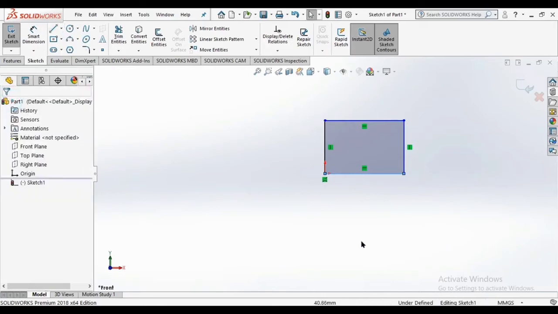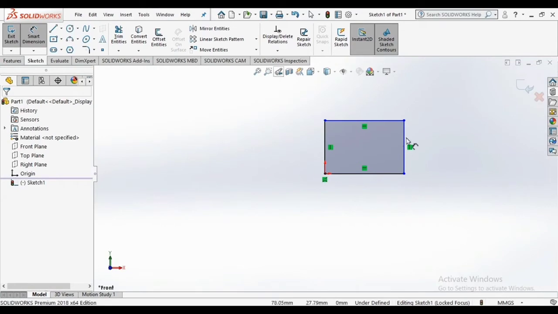After doing this, I told you that we have to see that it's under defined. So we have to fully define it. For this, just hold the right button of your mouse and move up.